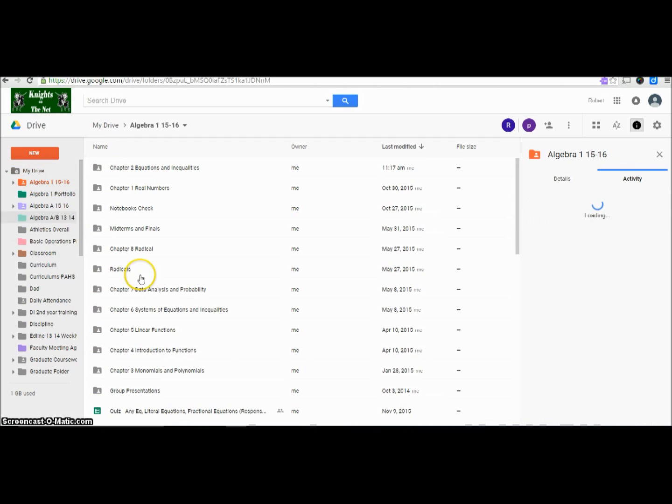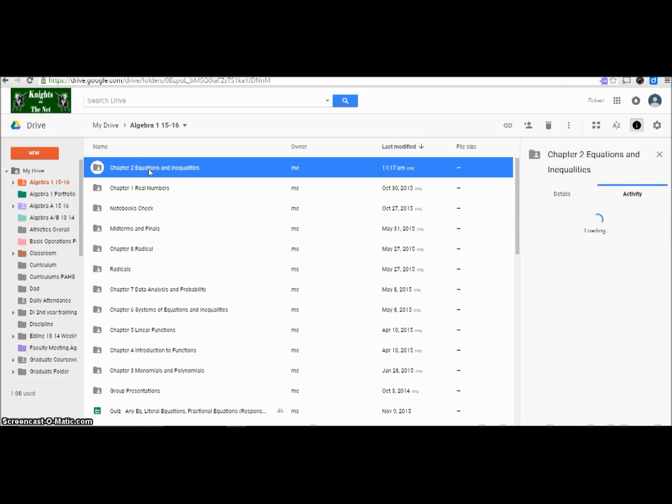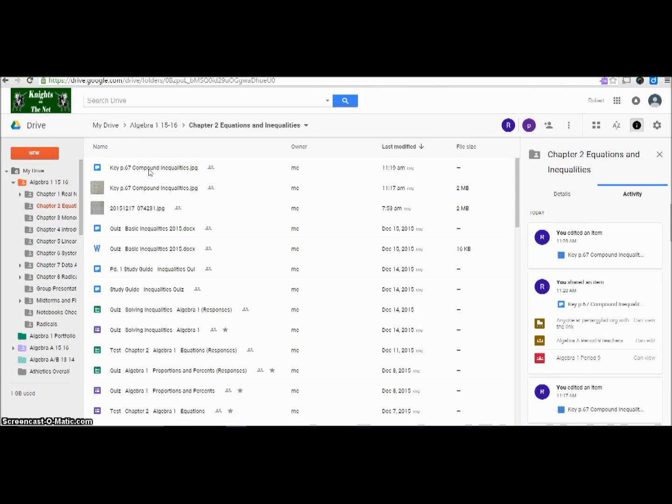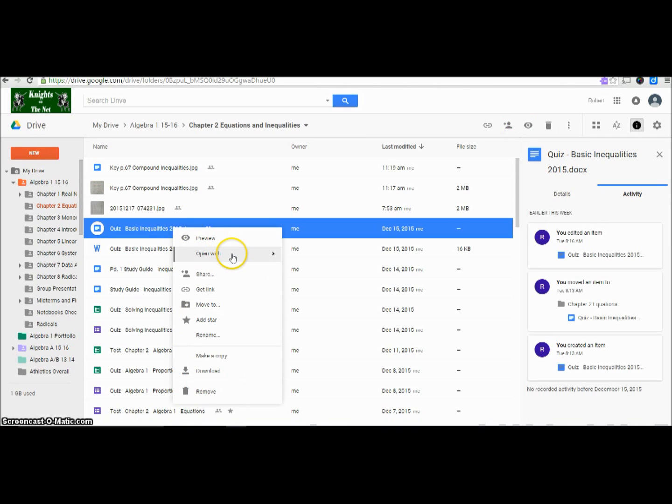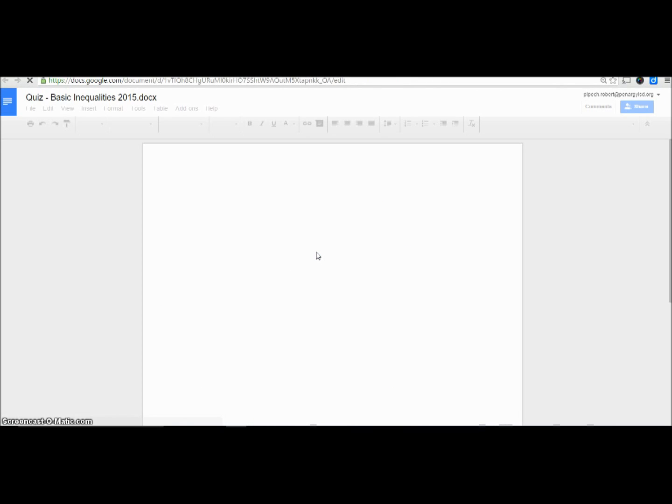If I go to an item I have in my Drive, and you have to do this for items that you share in your Google Sites, which we'll talk about in a second, because eventually you have to take the items from your folder for your ePortfolio and save them or insert them into your website. But your sharing settings have to be correct. So for example, if I open this quiz, and a student could make a quiz, or this could be a quiz that a student took,